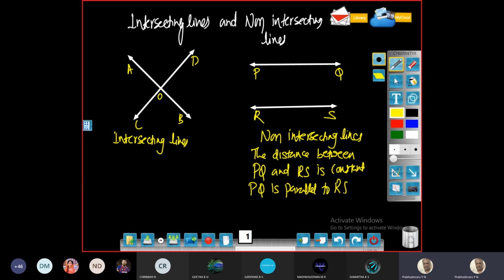Isn't it? Yes, sir. So now, after this, any doubt? No, sir. Okay, we will stop here. Tomorrow we have some properties. In the next period we will discuss the properties: some of the axioms and theorems related to the pair of angles. So we'll discuss that in the next period. This is enough. If you have any doubt, you can ask me now.